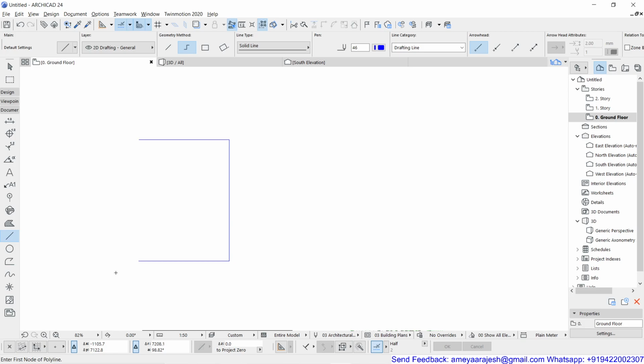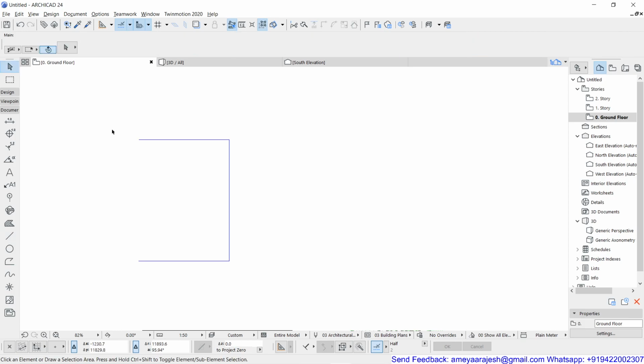Okay, if I want to select this for editing, I'm going to hit W from the keyboard. You can see now that your default setting will get automatically converted into the arrow tool the moment I press the W key from the keyboard. So now with the arrow tool, I'm going to single click, or even if you stay there for a while, you will see that it's a part of a group. It's written, if you see that particular description which you're getting along with the crosshair or your cursor, part of a group, and then line, and then the rest of the description like solid line and 2D drafting, general layer, etc.